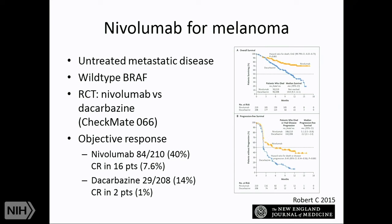They then wanted to say, well, why do we need to make patients go through ipilimumab if this is better? Let's try it for patients who haven't already been through ipilimumab. What was happening in the background, though, was that people had uncovered BRAF mutations and a drug that could target BRAF mutations. So any patient that had a BRAF mutation needed to go get that other drug, and so they were not a part of this trial. So they tested nivolumab, which is the monoclonal antibody we're talking about. Dacarbazine is a chemotherapy that does very little for patients with melanoma. It will make things get smaller, but for a very short period of time,